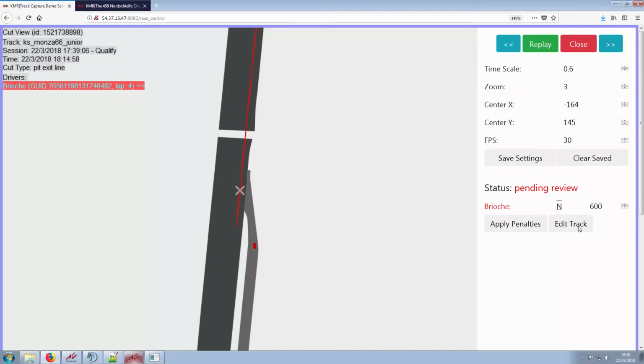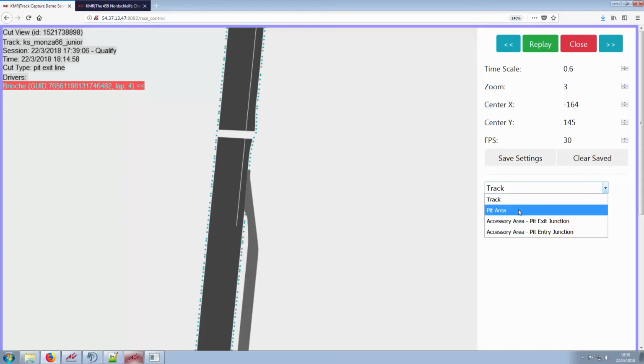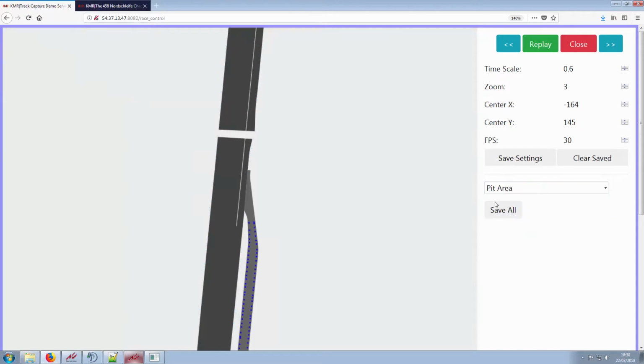And as you can see here, there is an edit track button. So here you can select the various sections of the track. As you can see, these are all the points for the track. Then we can select the pit area, the pit entry junction, and the pit exit junction. So we want, for example, to